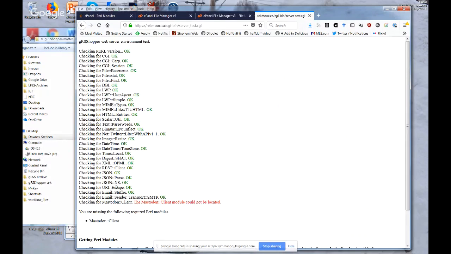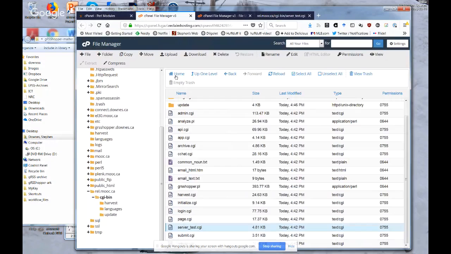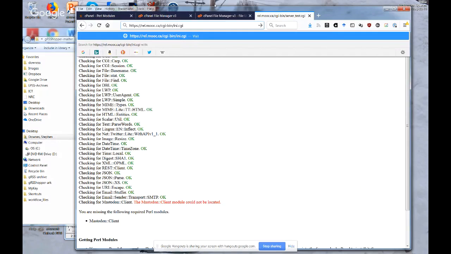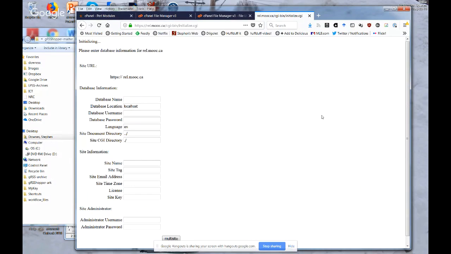So the initialize script, see, here it is right here, initialize.cgi. So I'll run it the same way I did server test. So I'll just type initialize.cgi, just hit enter. And there we go. This is the initialization form. It's going to set up some files and some directories that are specific to your site that I couldn't prepare ahead of time, right? So maybe I could have guessed. Anyhow,